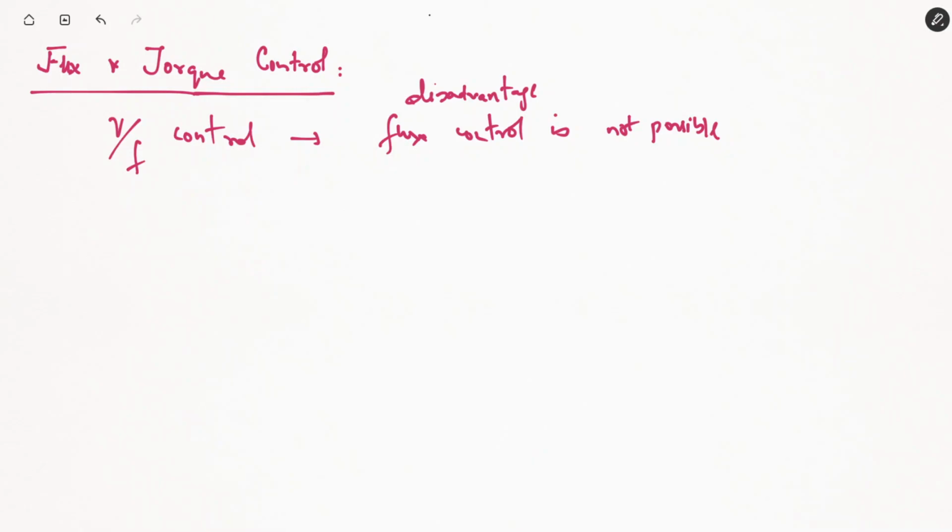Also, with V by F control strategy, it may happen that the line current may change. That may cause a change in flux. The stator voltage, once we reduce it beyond a rated value, beyond a minimum threshold value, the developed flux will reduce. So maintaining the ratio V by F is also practically not possible unless we supply it with a boost voltage. So there are disadvantages associated with the volt hertz control as well.